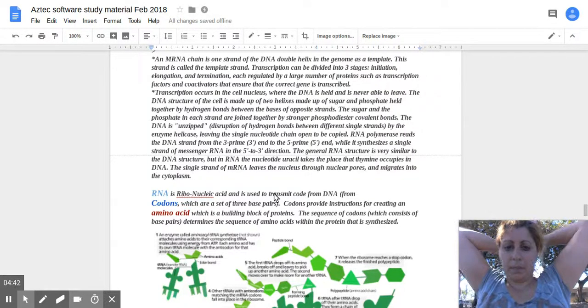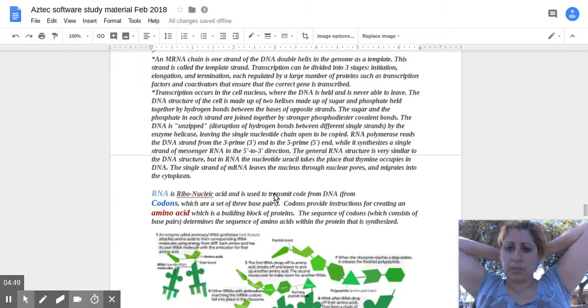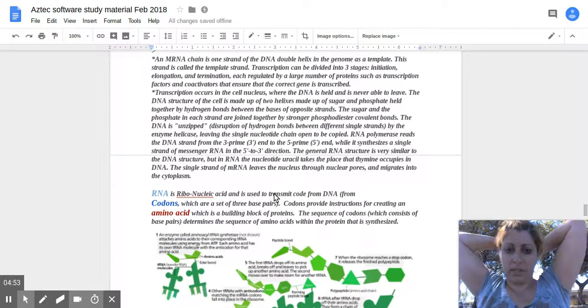It is going to be built based on the mRNA sequence. So transcription is divided into 3 stages: initiation, elongation, termination, each regulated by a large number of proteins such as transcription factors,